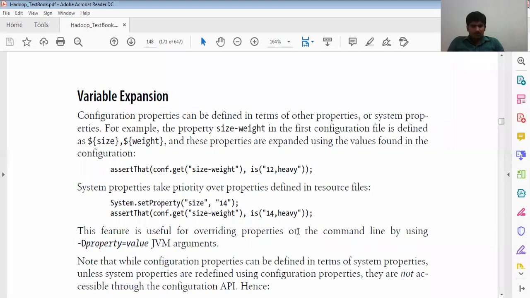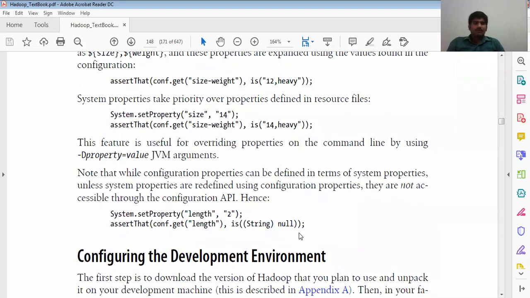The Java Virtual Machine is provided these arguments. Note that while configuration properties can be defined in terms of system properties, unless the system properties are redefined using the configuration properties, they are not accessible through the configuration API.